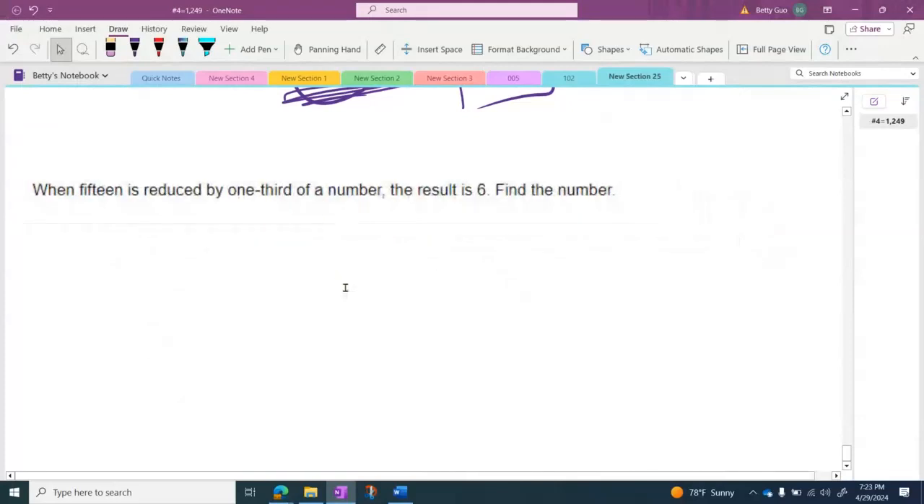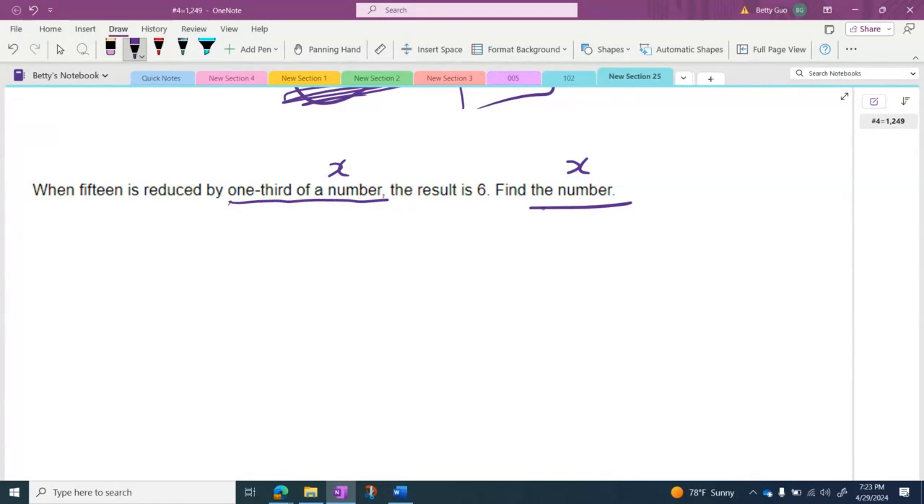Oh, this is a word problem. When 15 is reduced by 1/3 of a number, the result is 6. Find the number. Let's use x to represent the number. 1/3 of x is